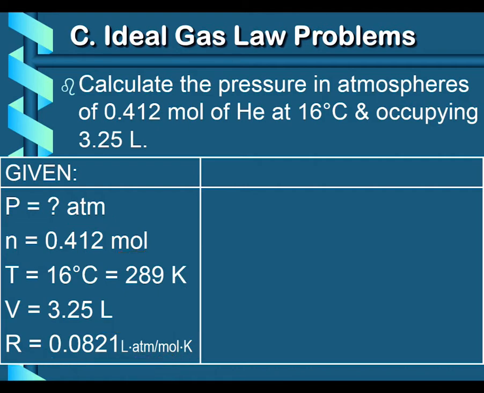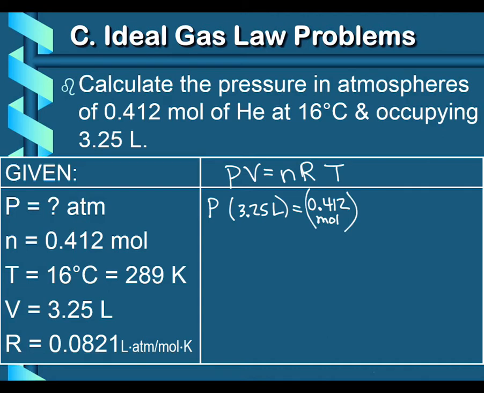So if we plug everything into PV equals nRT, pressure again is what we're solving for. Volume was 3.25 liters. N is 0.412 moles. I'm going to write it like this because it's going to get tight. The R value we said is 0.0821, and that is liter atmosphere over mole Kelvin. And then our temperature is 289 Kelvin. When I bring my 3.25 liters over to divide, because we've got to get rid of it on that side,